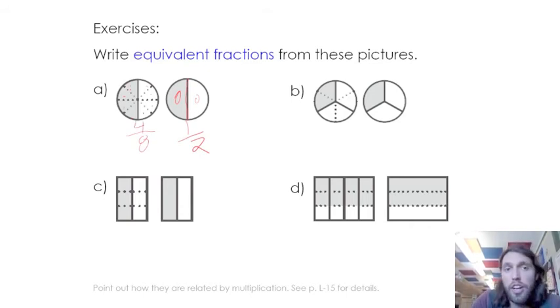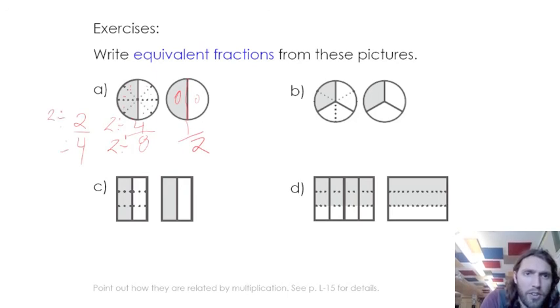Now we can just look at this one, right? Is this half? And that's half? So we know. But if you wanted to double check, remember we can reduce it. So we can divide the top by 2 and the bottom by 2. And that ends up equaling 2/4. Now can we reduce that even more? I think so. We can divide the top by 2 again and the bottom by 2 again. And that equals 1/2. So we know that 4/8 is the same as 1/2 because we're allowed to reduce it